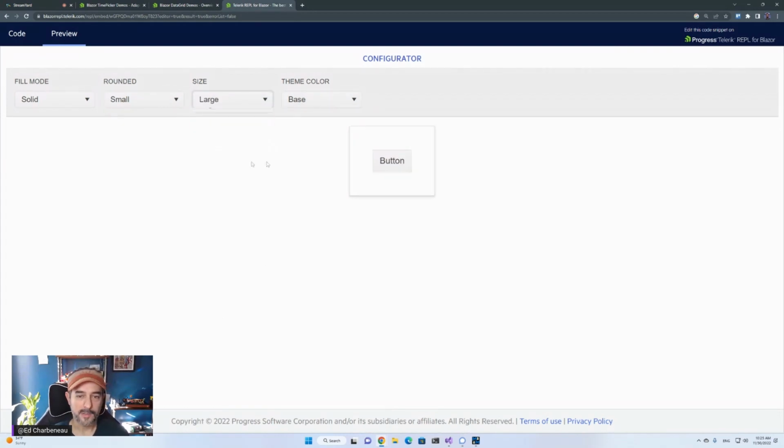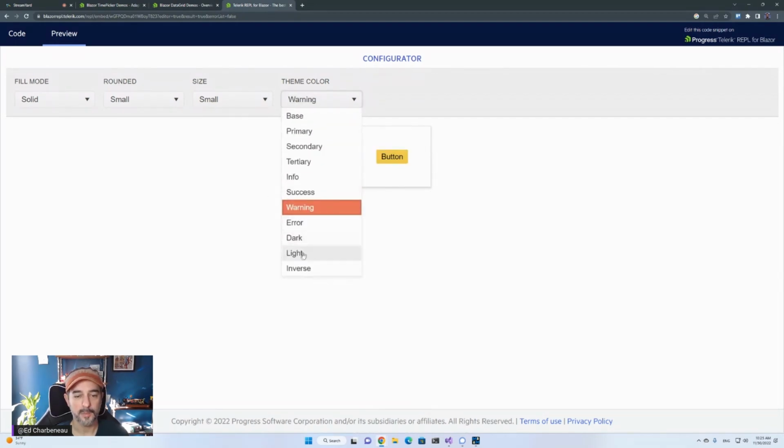We have a couple different sizes here as well. So you can see those things changing the size, and then of course all of the different base colors here. So you can go through your theme and choose any of the theme colors. This is probably one of the more regularly used things, because you might have a success button that you want to create. You know, you have a green button that's at the end of a process that signals that you're going to successfully update something, or you might want to warn the user,